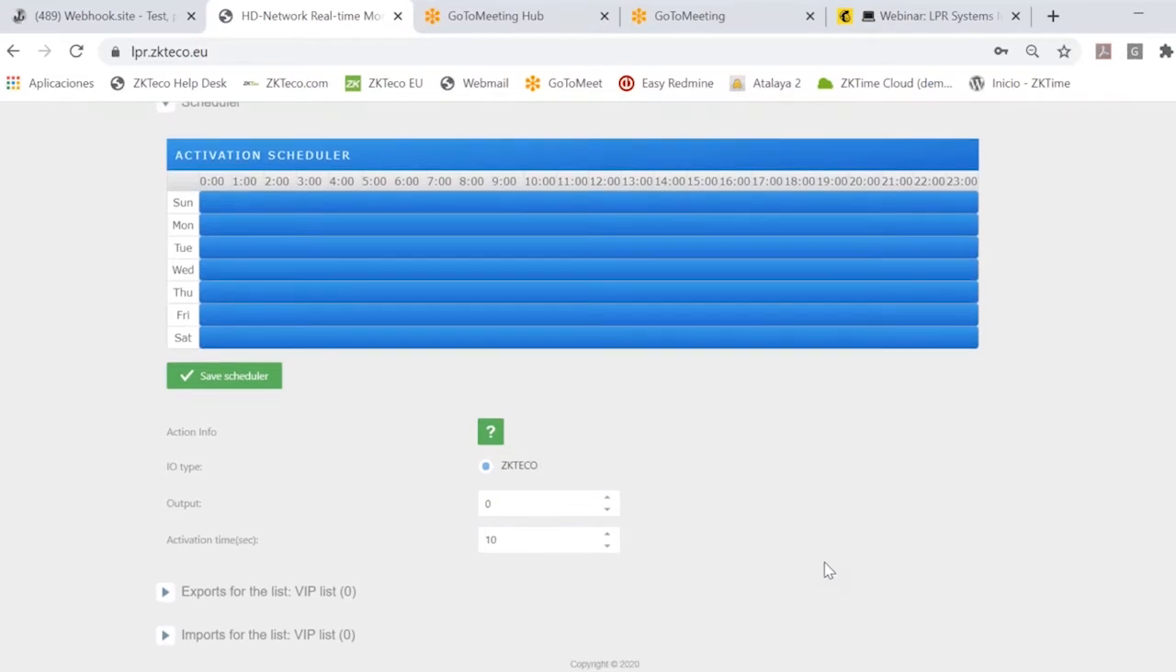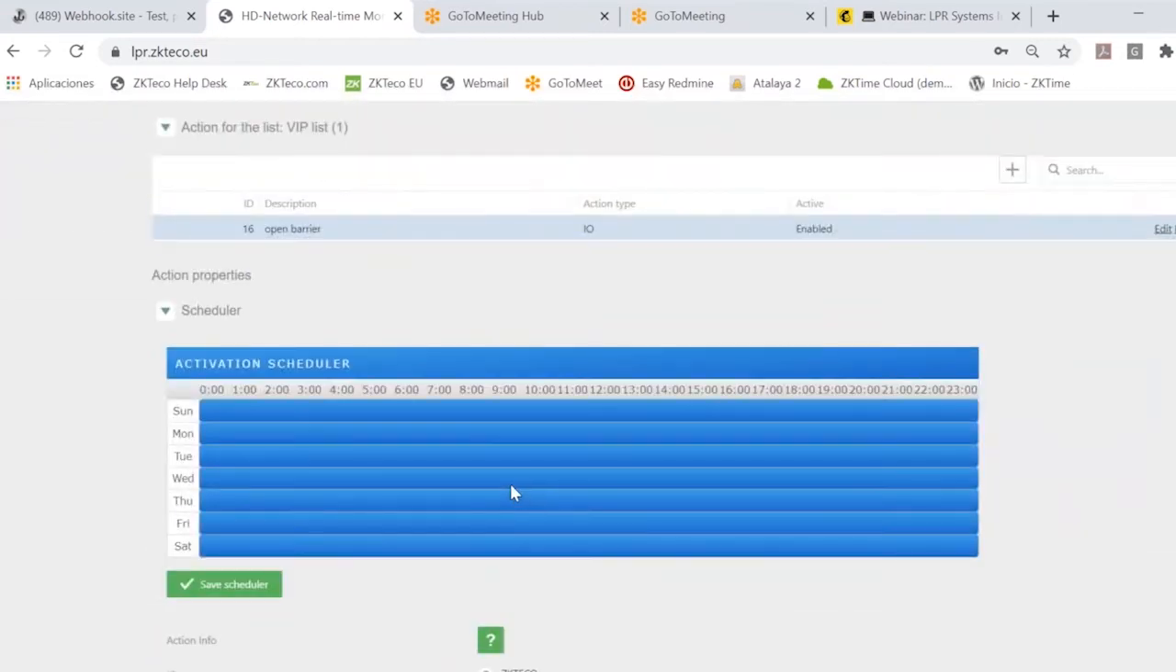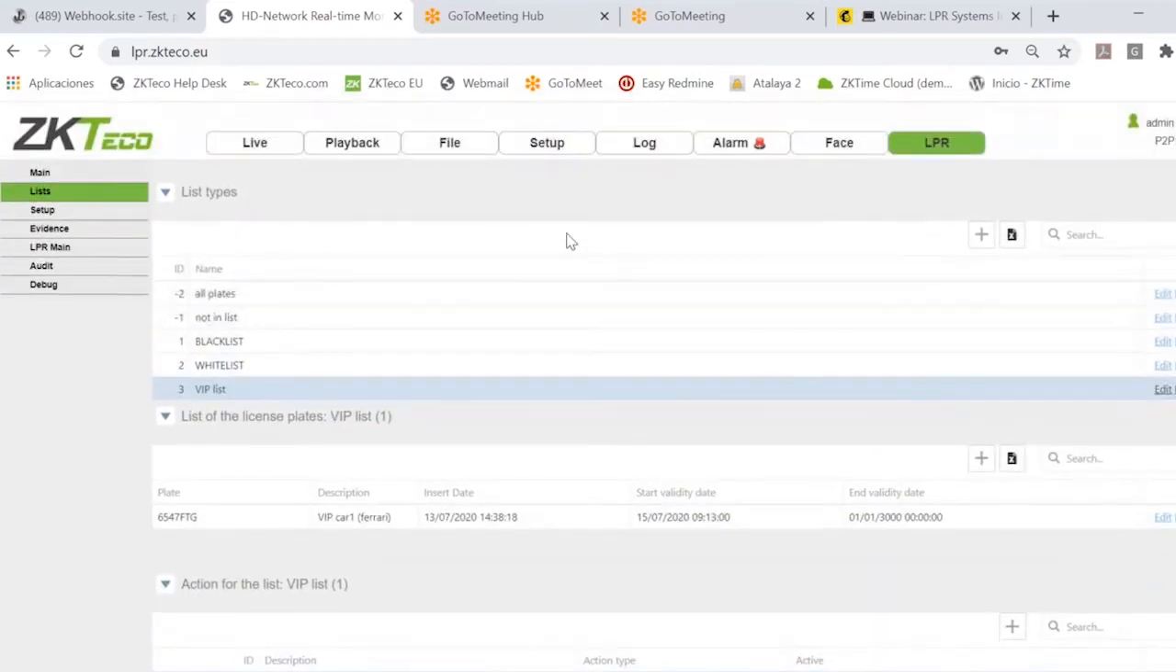So this is very simple. This is the standard interface for the IO port in order to open our barrier. But based on this, I want to explain more, because the camera also supports auxiliary input. What I mean by this is that you can